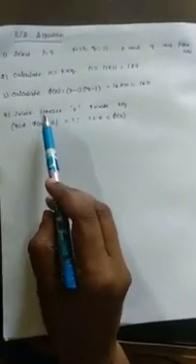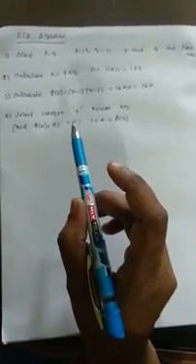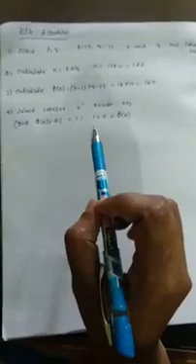The fourth step in the RSA algorithm is public key cryptography. We need two keys for doing the encryption and decryption: one is the private key and the other is the public key. Here in the RSA algorithm, on the encryption side we are going to use the private key, and on the decryption side we are going to use the public key.